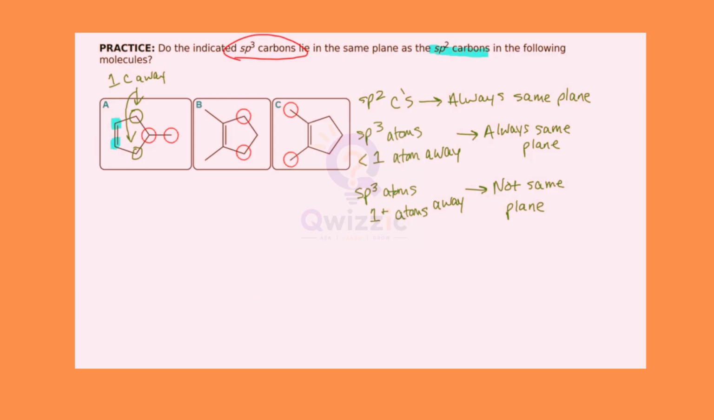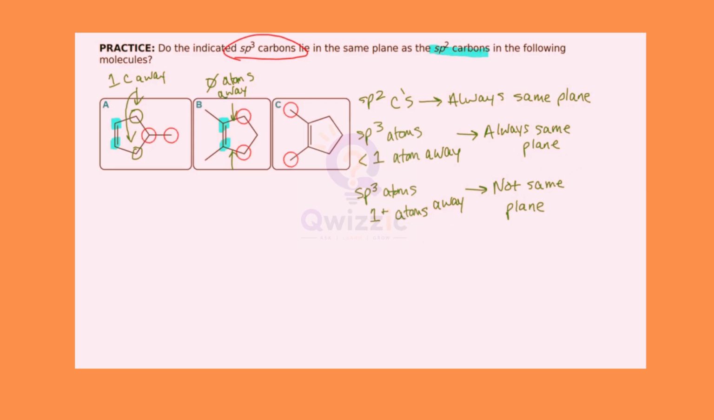Okay, looking at structure B, again, we have those 2 sp² carbons on either side of the double bond, and there are no carbons, no atoms in between, so they are 0 atoms away, 0 carbons away, so those are going to be in the same